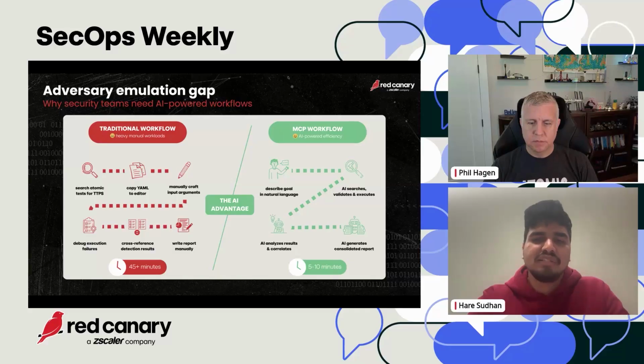Right now, I just provide Claude a threat intel report, and it searches for all the atomics and then creates a playbook YAML file for me. I can just validate that playbook YAML file to check whether everything in the report is there. I don't have to do a lot of other things apart from validating and verifying whether Claude has generated the right things. So yeah,